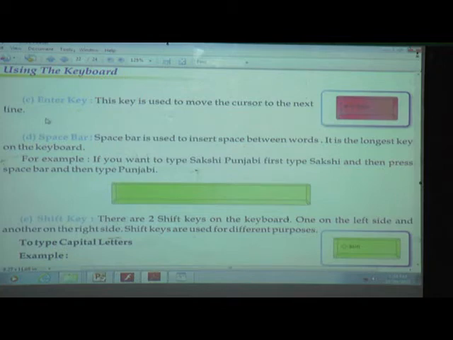When we are writing in a notebook and our line is finished, or if we want to start a new paragraph, we can pick up our pencil and write on the next line. But does the computer have its own brain? No, the computer does not have its own brain. We have to give each and every instruction to the computer.